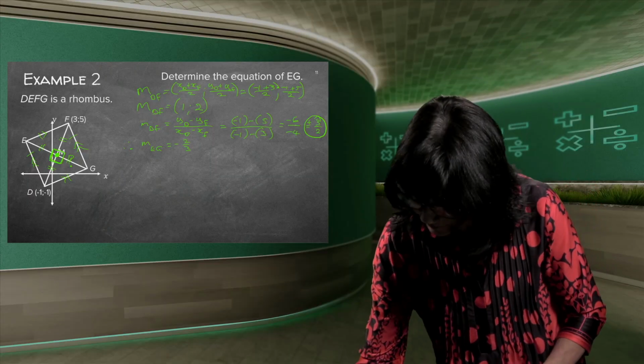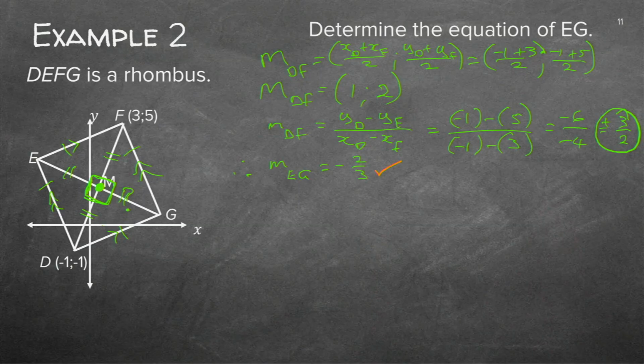Now I have, let's see what I have. Now I have two things, a point and the gradient. And now I know which formula I'm going to pick. I'm going to pick the easy formula: y minus y1 is equal to m times x minus x1. And I'm going to quickly do substitution, all my empty brackets for the substitution. And I'm just going to read y1. Remember which point we're going to use? That point there. The y was a 2. The m we just now found was minus 2/3. And the x was a 1.